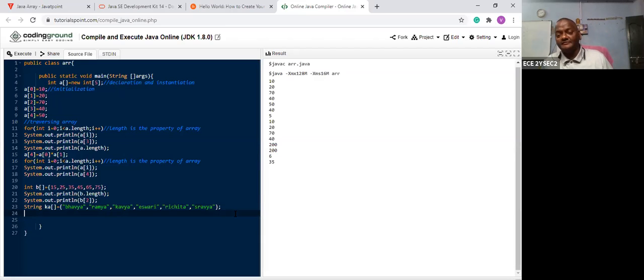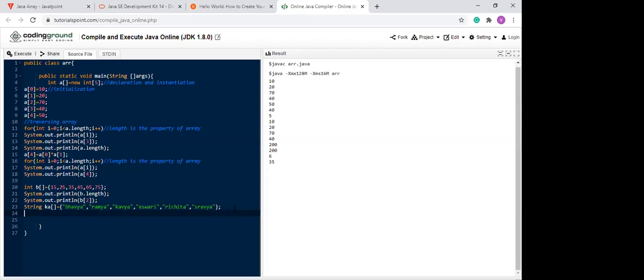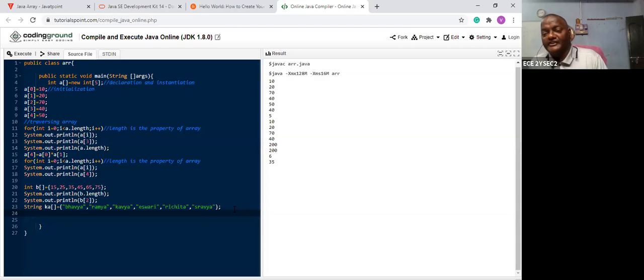Suppose you are assigning some values to the array. The data type is string and the array name is KA. Now I want to print. So what is the procedure to print the array elements? Suppose I want to get Ishwari.